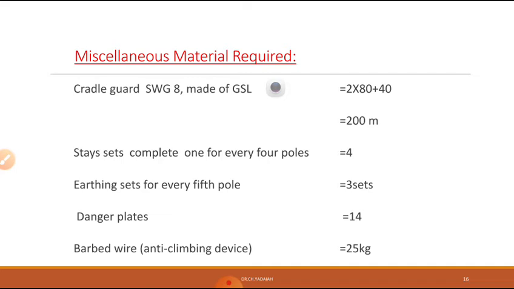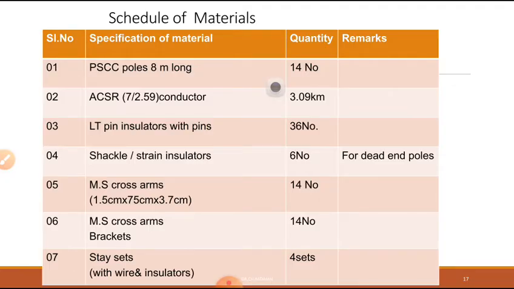Now all these calculations we write in a table on paper, and we get the schedule. Once we write all these values in the schedule, we have the serial number, specification of materials, quantity, and remarks. Sometimes we can add a column for the rate for each quantity and the total amount. That may be the estimation and costing of any given length of 11 kV line or LT lines. Here we estimate only the material, not the costing. Costing is not very difficult; we can add the cost of each material.